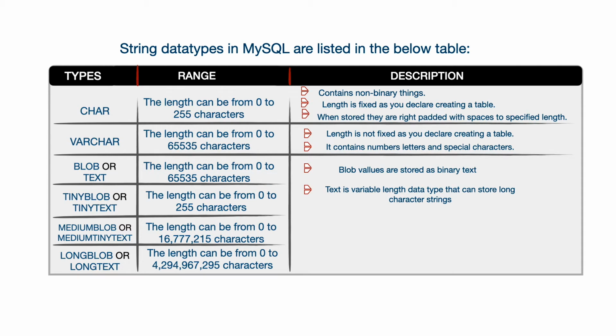Here, tinyblob is used for storing video files, and tinytext is used for storing bigger files like a resume. Such types of files you can store in tinytext. Now, by using the string data type, we will see how we can use the data types char